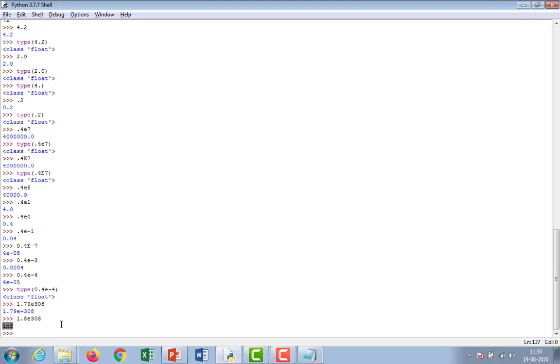In almost all platforms, Python represents float values as 64-bit double precision values according to the IEEE 754 standard. In that case, the maximum value of a floating point number is approximately 1.8 into 10 power 308.